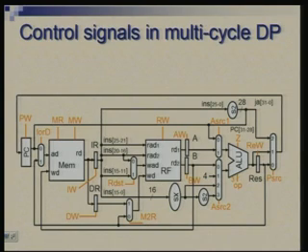Okay, so this is back to the same data path, right. We have now roughly seen how we need to exercise these. What needs to be done for various instructions in different cycles. So, that picture has been made very clear now. We get back to each of the components which require a control and try to understand how we need to control it. So, for each of the registers I have indicated a control signal.